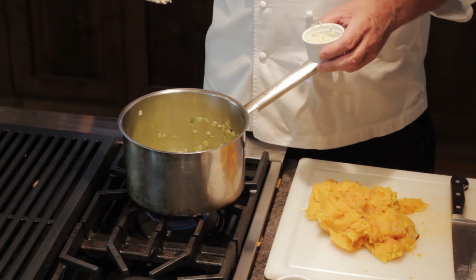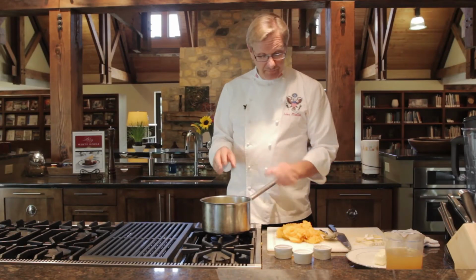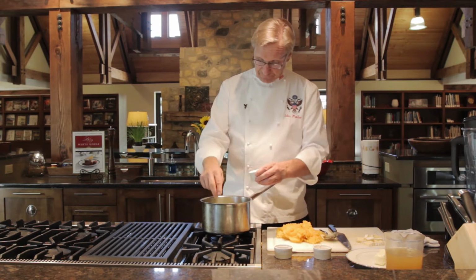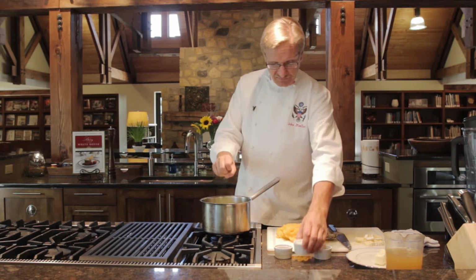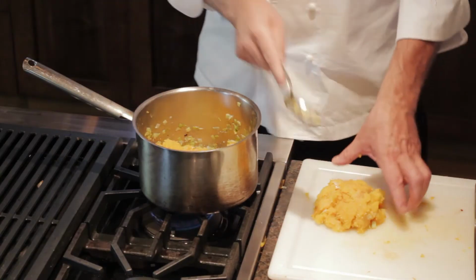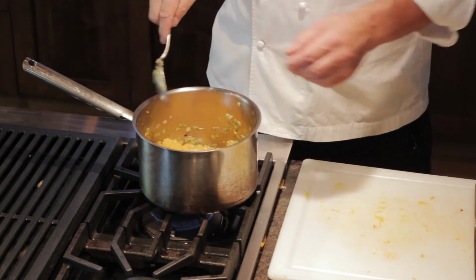So we're going to take about 1 teaspoon of garlic and add that to our leeks. We need to cook out the garlic for a minute or two here before we add our butternut squash. We can add a little bit of seasoning. I like using sea salt and a little bit of fresh ground black pepper. All right, now we're going to be adding our butternut squash to our pan with the leeks and the garlic